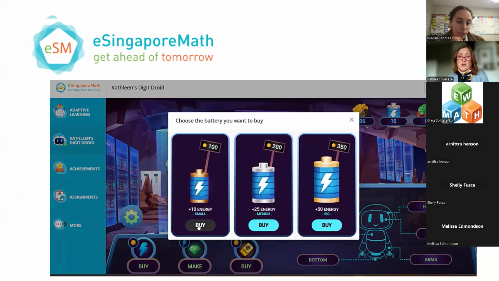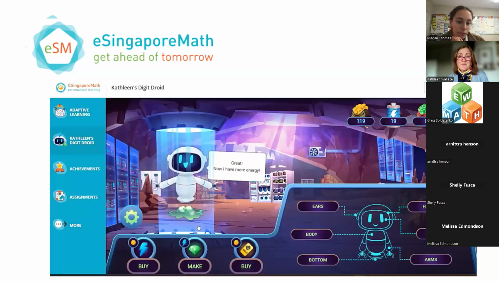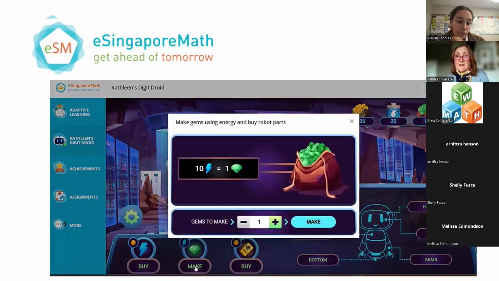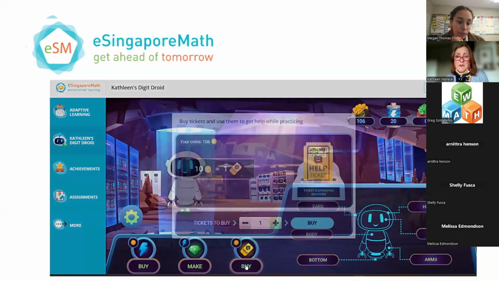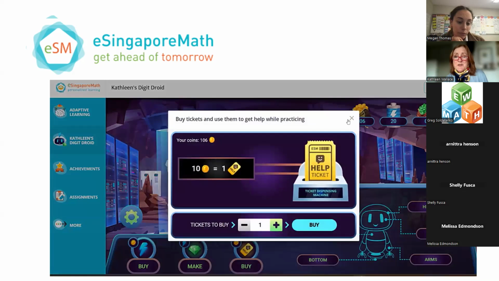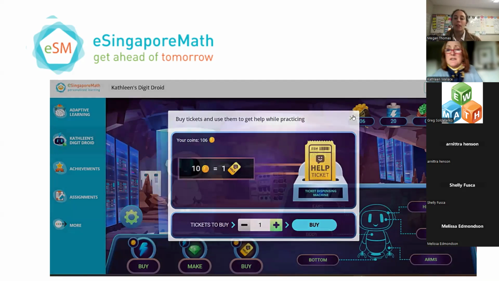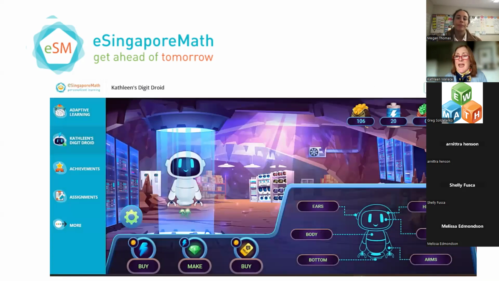So we're going to buy some energy with the Great coins. Now I have more energy, so that when we have lots of energy, we can make gems. And then we can use tickets while we're working to get a little assistance with the problem. And if you look here, they can also use the gems to